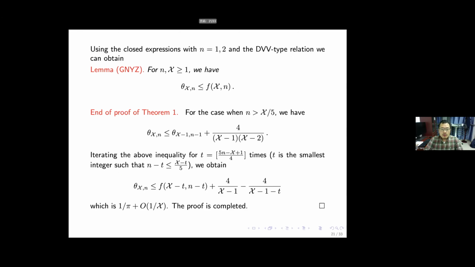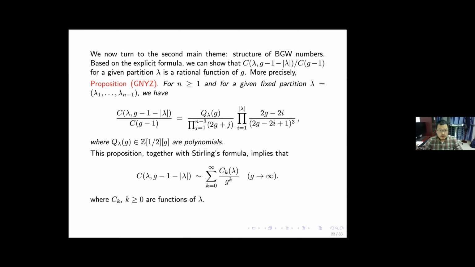Okay. So let us now turn to the second theme of this study, which is about the structure of BGW numbers. So I'm a little slow. So the structure. So first is that